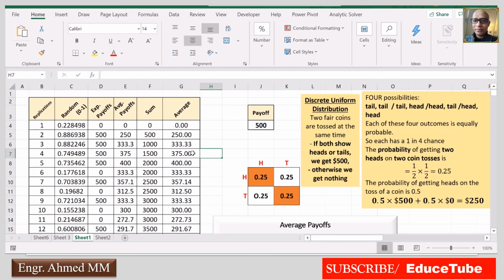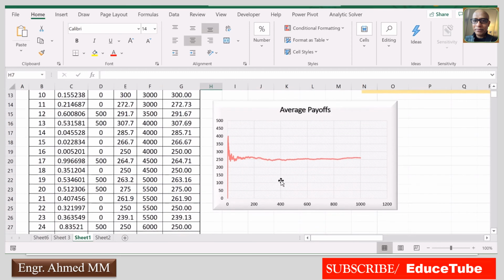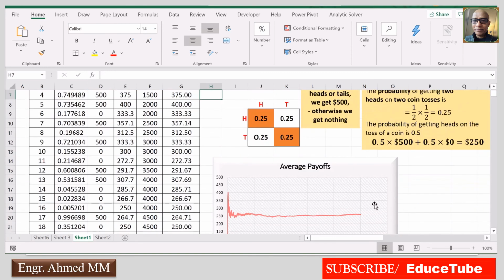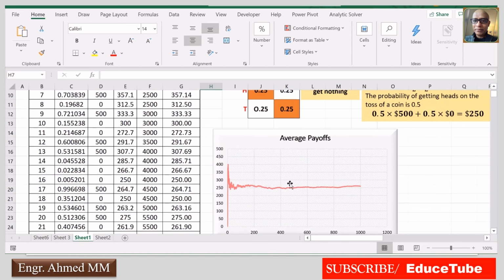So this is the solution of this problem. And already I showed that this 250, we got this average payoff, and in the graph I showed already all these values are 250. Look at, all are 250. So according to our calculation with the graph, it is matching. That's all for today.